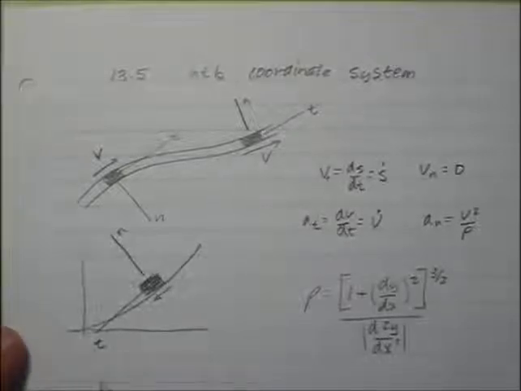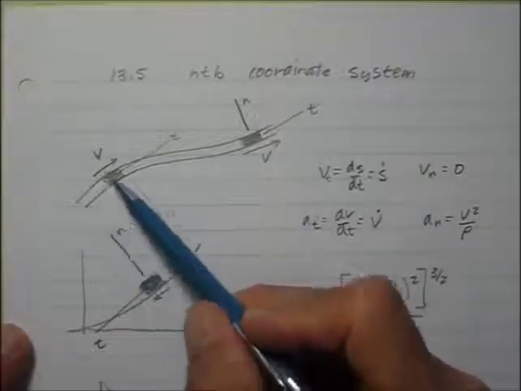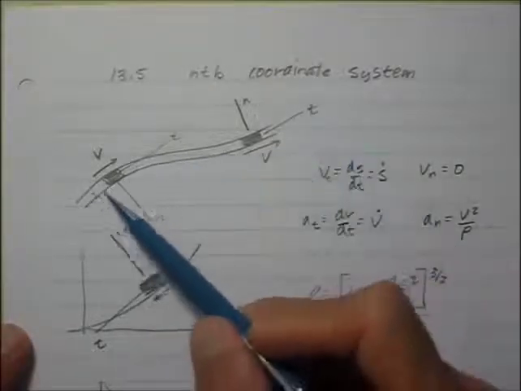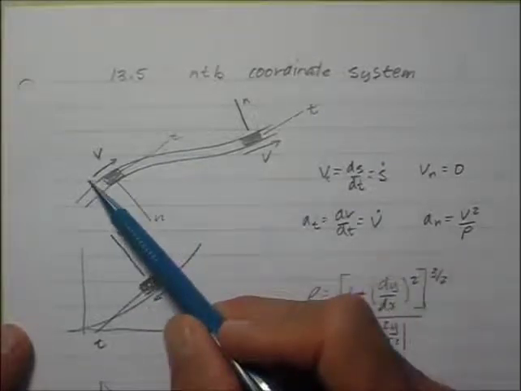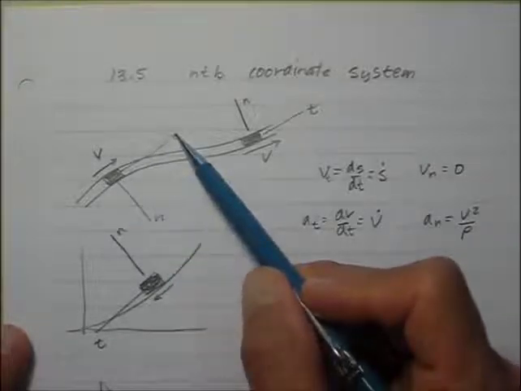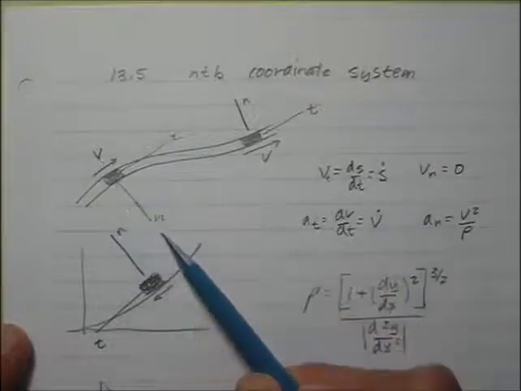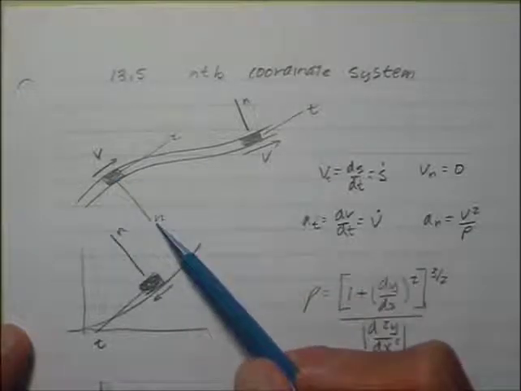We're going to talk about Newton's second law now as applied to the NTB coordinate system. We recall from earlier work that if a particle is traveling along a curved path, the actual velocity is always going to be tangent to the path, and so we define the tangential direction as positive in the direction of motion, and the normal direction is positive, pointing in toward the center of the circle or